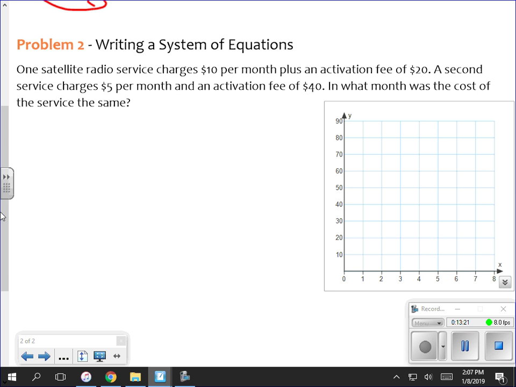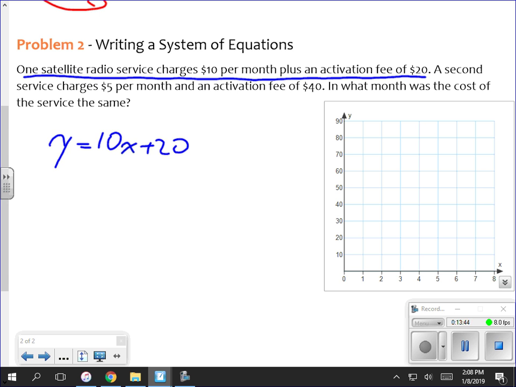So what we need to do is come up with two equations, one for each. So the first satellite service charges $20 plus $10 a month. You're paying $20 right up front and $10 a month after that. So how much I pay is $10 per month plus the $20 up front. Okay, and if I go to graph this,